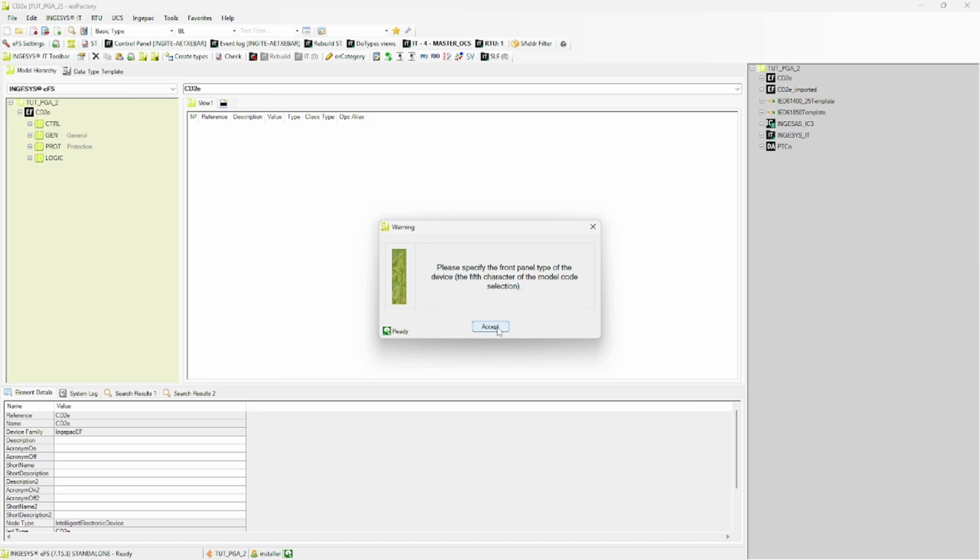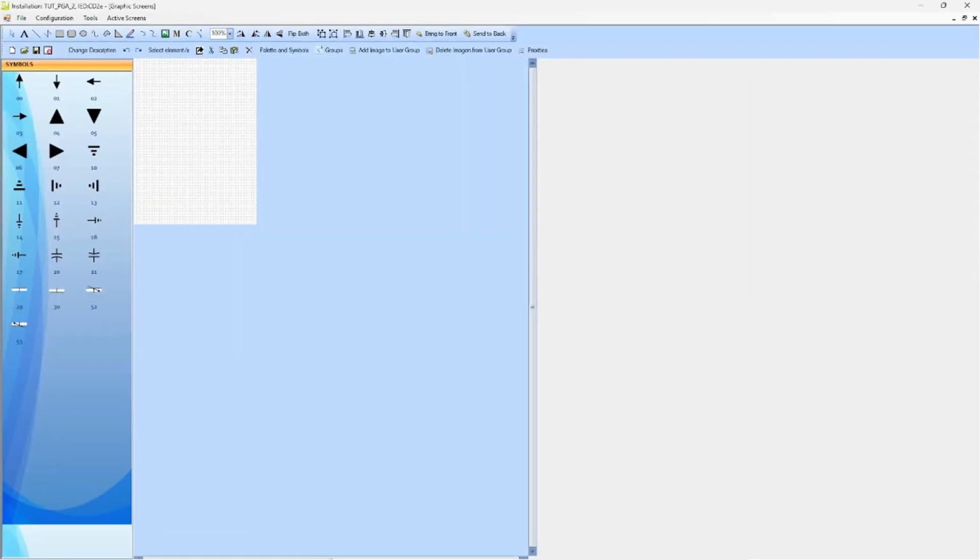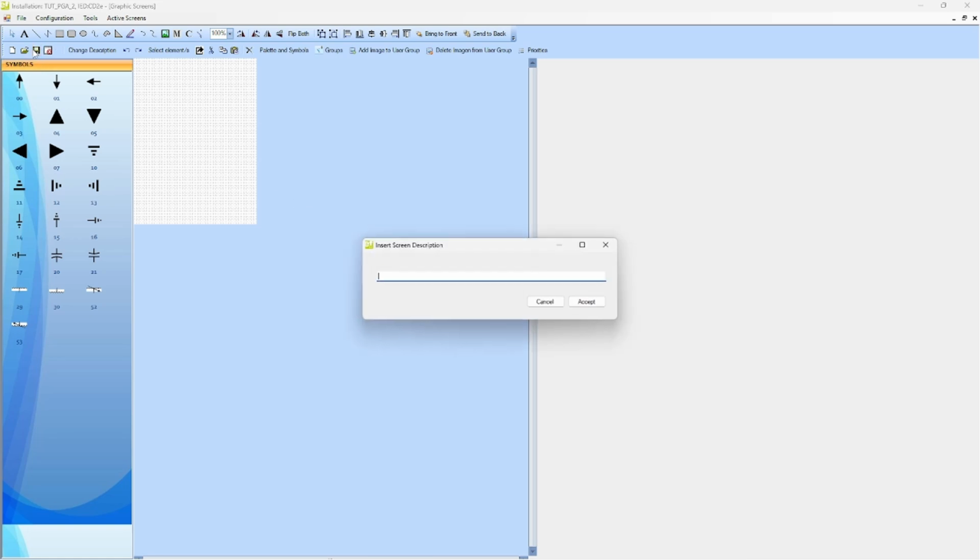When working with default CIDs or non-IED specific configurations, the applications in the EFS tool will let the user select the type of local display. In this example, we will configure the local display for the IED template from IED Factory. First, we will save a blank page in order to name it. This page will be one of the 9 customized screens that can be configured and sent to the IEDs. In this screen, we will represent the disconnectors and breaker of a busbar coupling position.